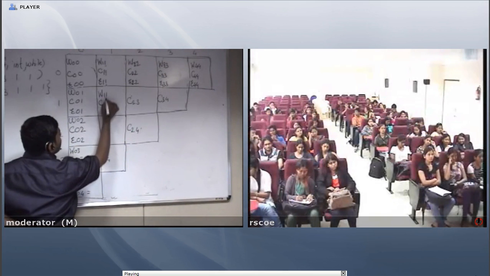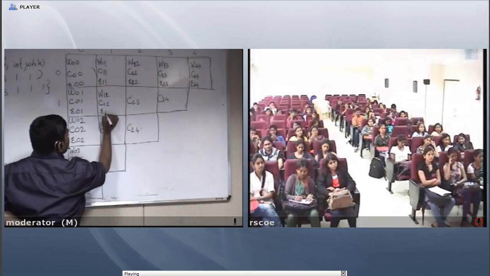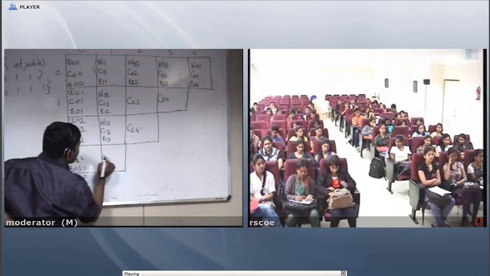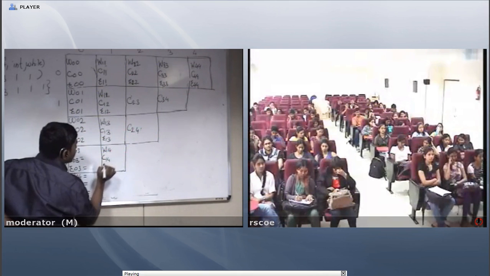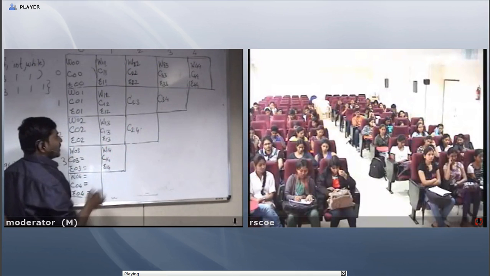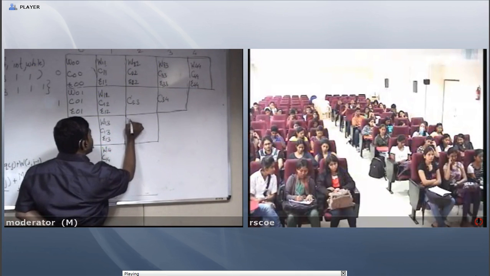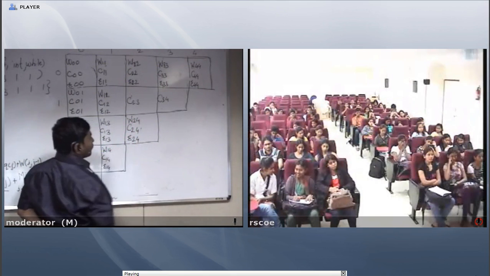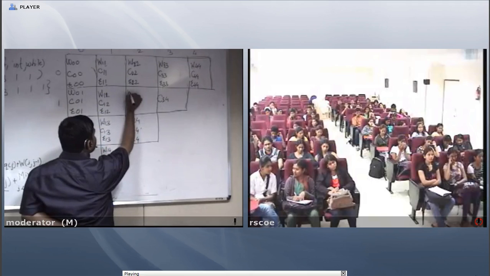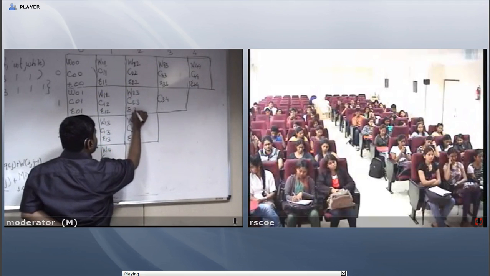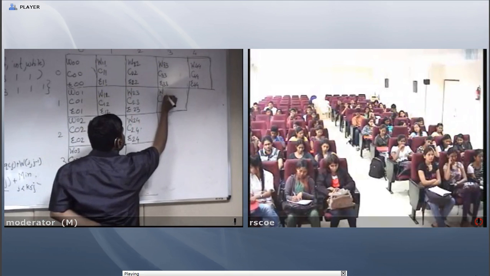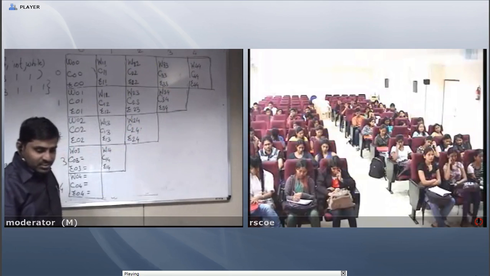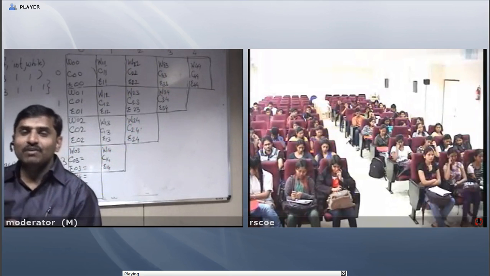Similarly, weight of 1 2 and root of 1 2, weight of 1 3, root of 1 3. For cost of 1 4, first I calculate weight of 1 4 and root of 1 4. And for cost from 2 to 4, first I calculate the weight from 2 to 4 and base root from 2 to 4. Similarly, for 2 3 and cost of 3 4. Now I fill the chart. Now I am finding the values.